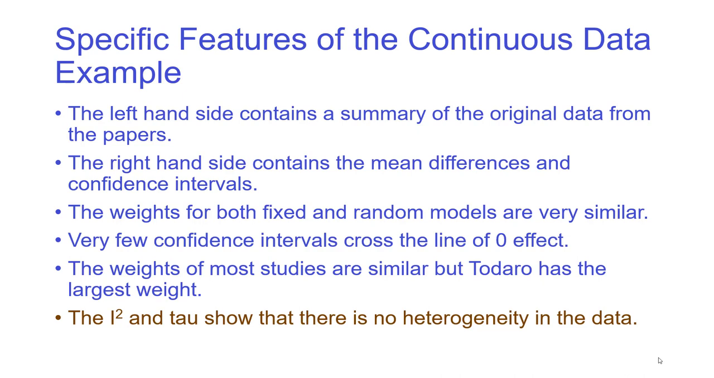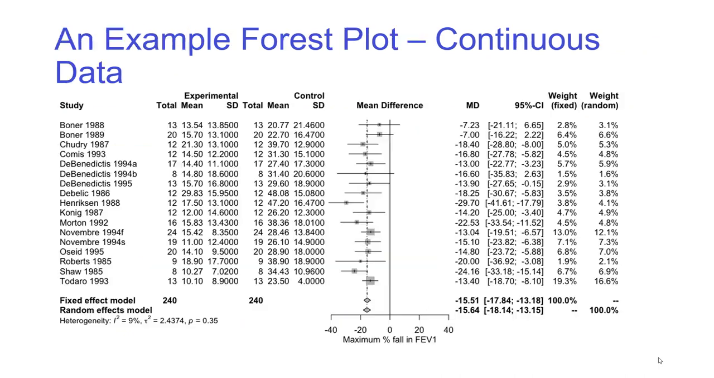The left hand side contains the summary of the original papers, right hand side contains those things calculated by the program. In this case R, RevMan does exactly the same. The weights for fixed and random models were very similar. The confidence intervals crossed the line of zero effect only in 3 cases. So where there's no mean difference, you have that problem in Bonner